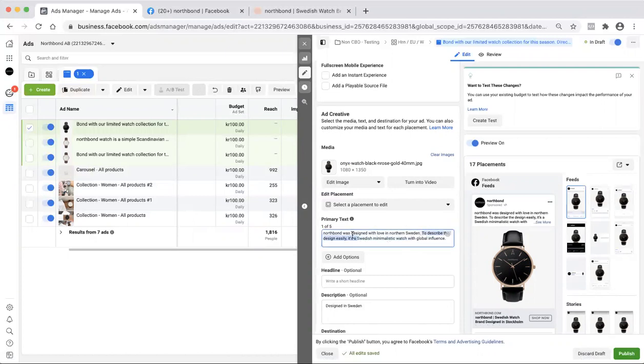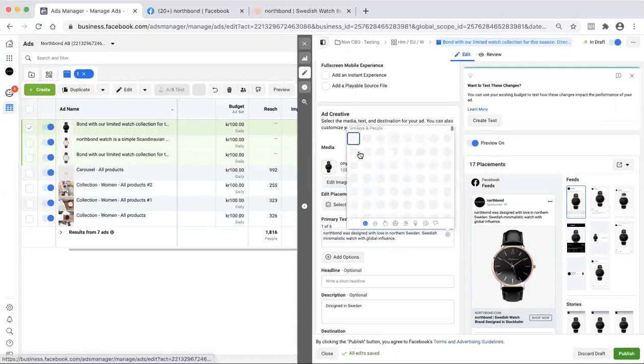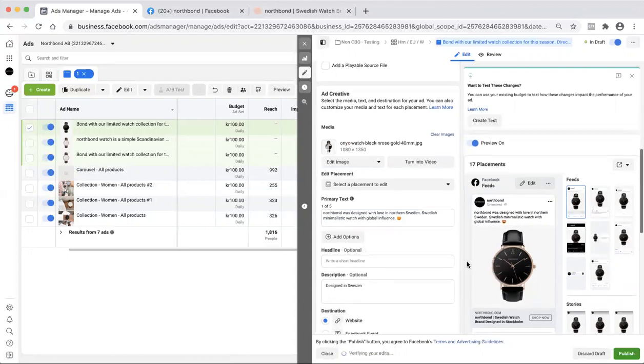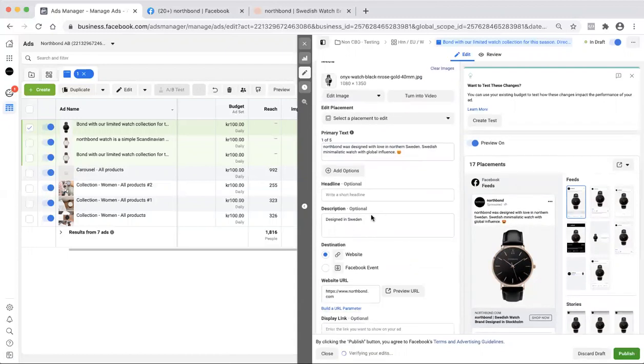All right, we're going to remove this part because that's not necessary. And then you could even do the heart eyes for the emoji if that's okay for your brand. Yeah, of course it is.